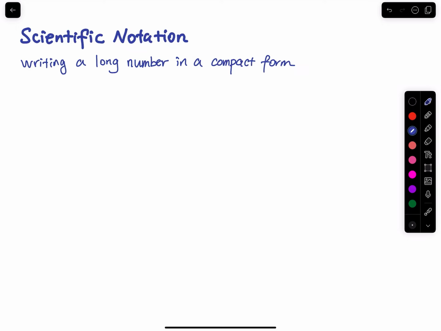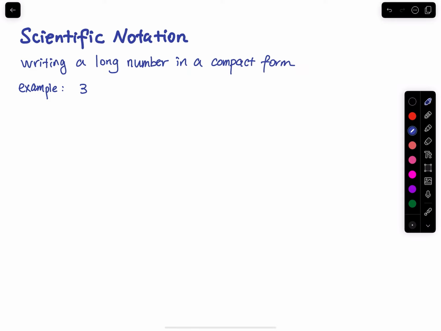Here is an introduction to scientific notation. Scientific notation is a way to write a very long number in a compact form. So let me give you a long number. Let's say, for example,